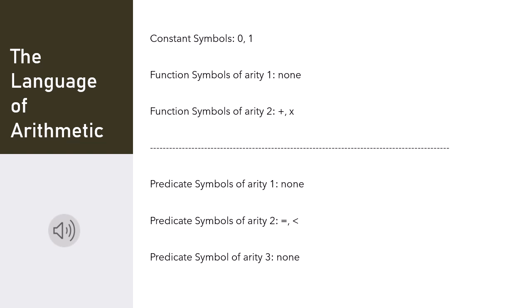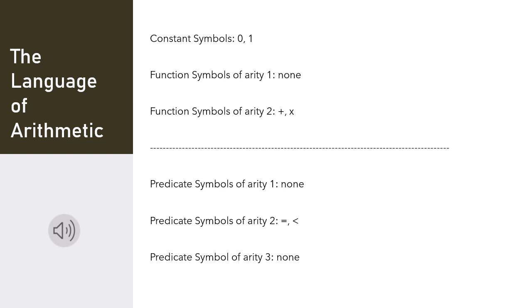We don't have any function symbols of arity 1, but we do have function symbols of arity 2. And in this case, they're the addition symbol, the plus sign, and the multiplication symbol. That's that cross that you're seeing there. And we can build up complex terms using these function symbols of arity 2. Now, when we are using these function symbols of arity 2, just like the textbook mentions, we use infix notation,